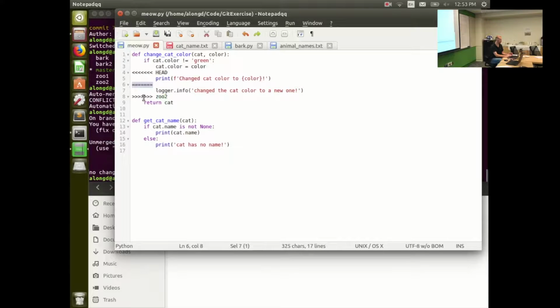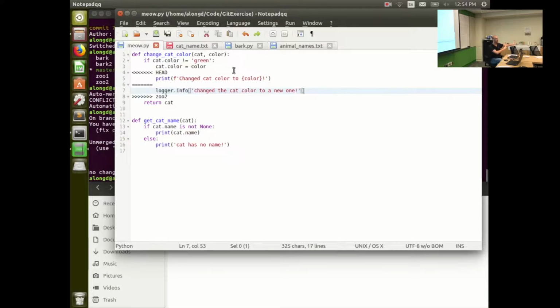So on branch zoo2, between the equal signs and these signs, that's my change. And Git can't really decide, because here it's not a technical thing of committing stuff. Here it comes to understanding or thinking what's best for my code, and only a human currently can do that. So I'll create one version, but before I fix it, the basic thing to understand to fix a merge conflict